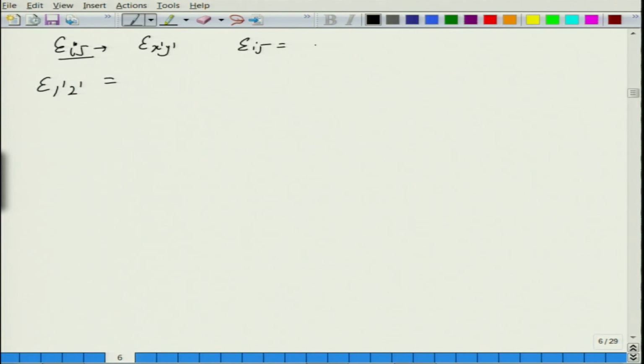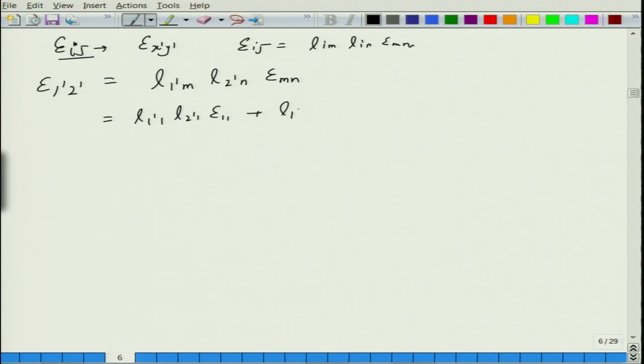So, if I do epsilon 1 prime 2 prime, again follow the same formula, that is epsilon ij will become L im L jn epsilon mn. So, essentially it becomes L 1 prime m L 2 prime n epsilon mn, and this is what is going to be summed over. So, when you do this now, it becomes L 1 prime 1 L 2 prime 1 epsilon 1 1 plus L 1 prime 1 L 2 prime 2 epsilon 1 2 plus L 1 prime 1